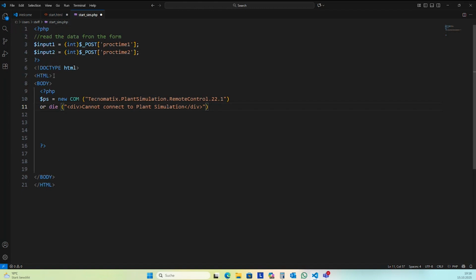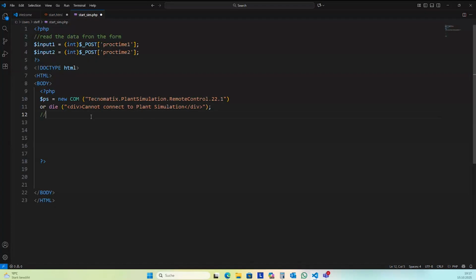Otherwise, you need to look into the source code to see your error messages. Okay, and the semicolon. In this way, I can establish a COM connection to Plant Simulation.